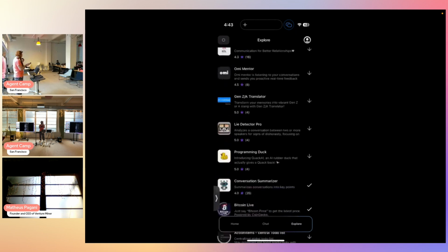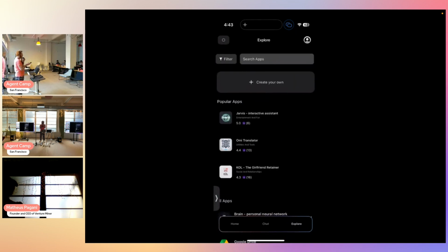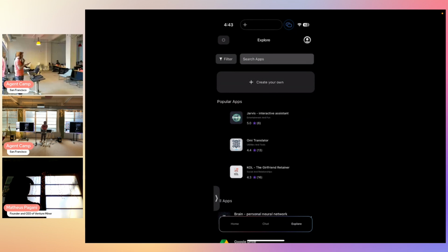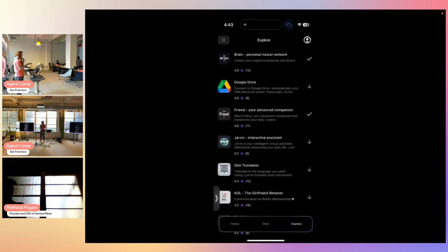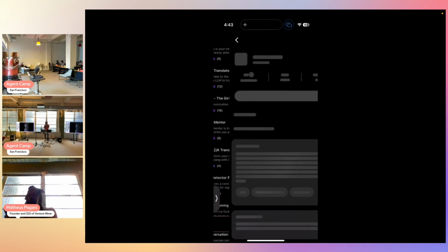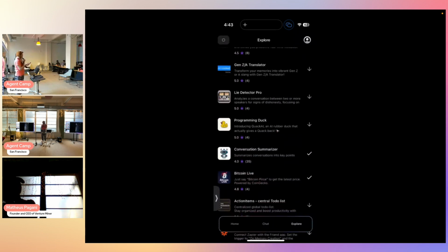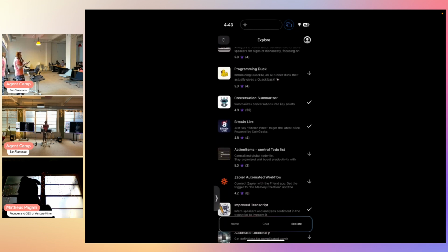I also have a Notion integration, which is enabled, and I can see all of my notes and all of my transcripts pop up automatically in Notion. I've been sharing all of my Notion notes, which is pretty interesting to see, with my team. They can see all the conversations that I've had when I'm wearing the OMI. An awesome one would be an OMI translator. I can translate automatically into multiple languages thanks to LLMs. And I can also detect lies. I'm not sure if it's a perfect lie detector, but it's a pretty amazing possibility to detect lies using the OMI.